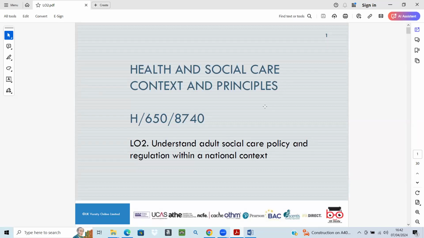Is it the last lecture, or is there any other one apart from this? No, there will be 4 lectures. This is the second lecture because in every unit we have 4 learning outcomes. In short, we call it LO, as you can see on the screen, LO2. LO means learning outcome, and 2 means this is the second one. The first one we did yesterday, and the remaining 2 we will do next Saturday. On Saturday we will do learning outcome 3 at the same time.